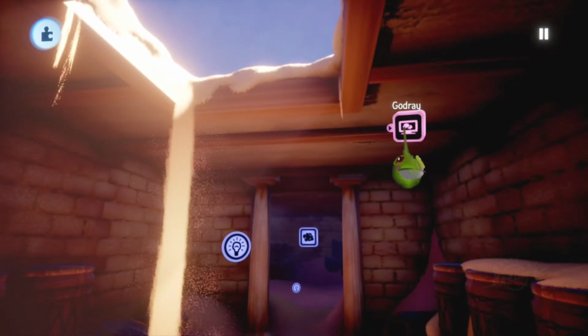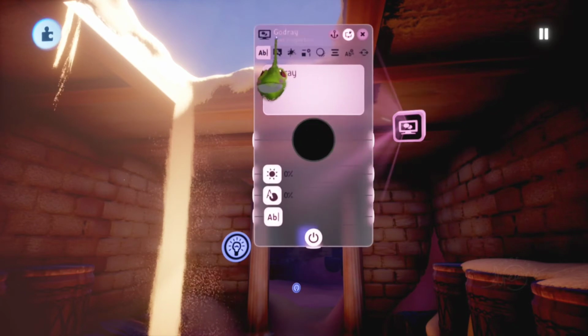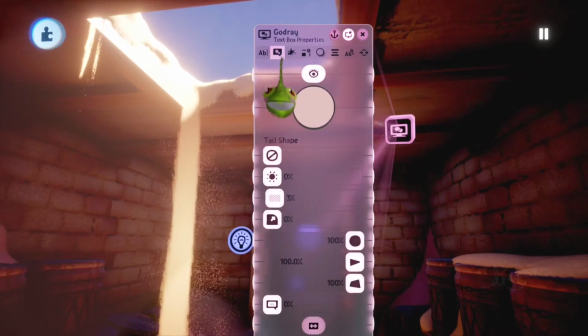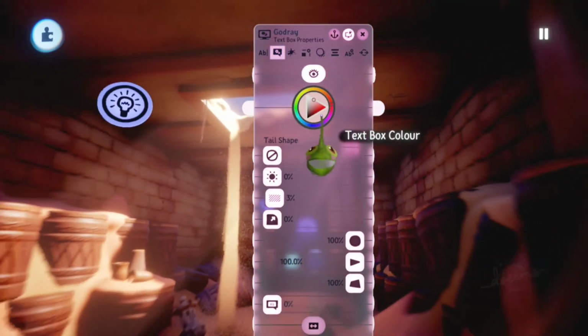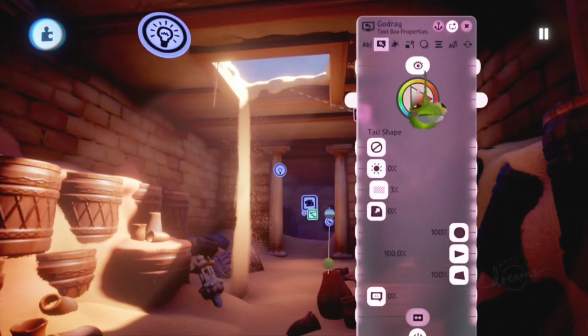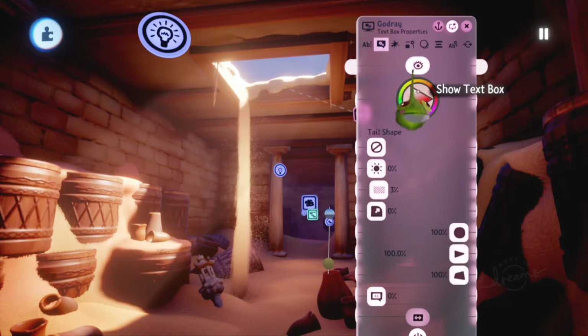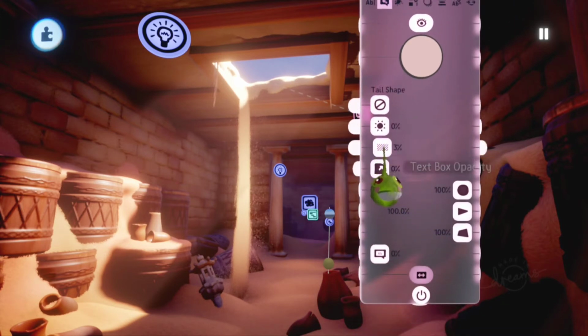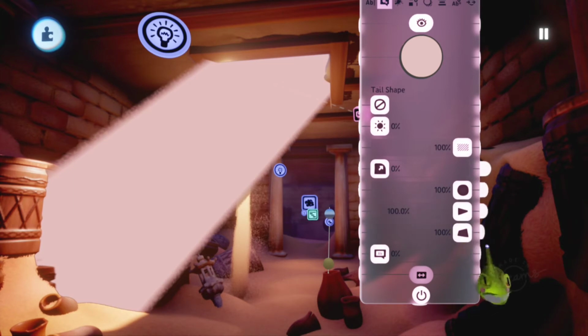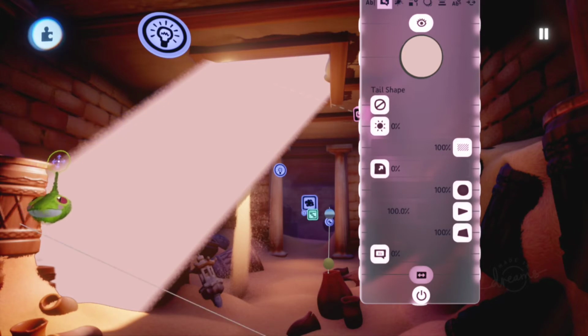is using a text gadget called GodRay, and what I did with making the GodRay is I used the show text box. So I will zoom in so you can see it a little bit better. You can see that it's a text box, and these are my settings. I put the opacity very low, so if I put it higher, you can see what it's made of. You can also see that it's fading,